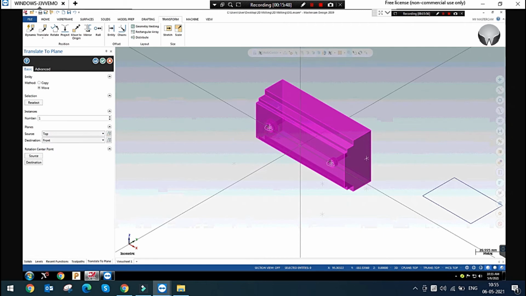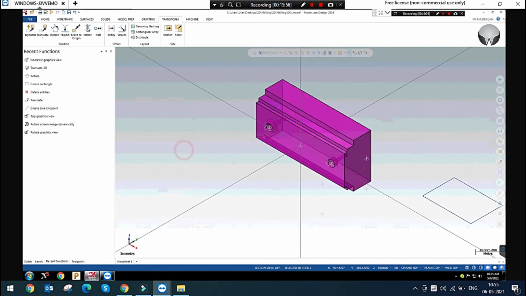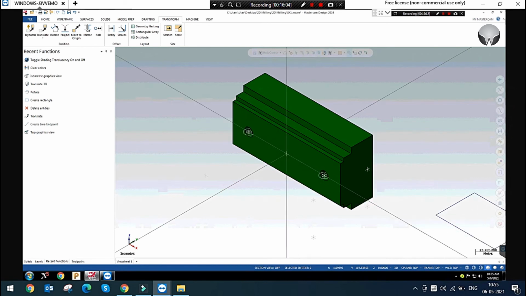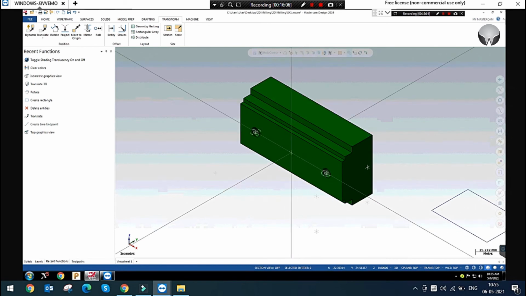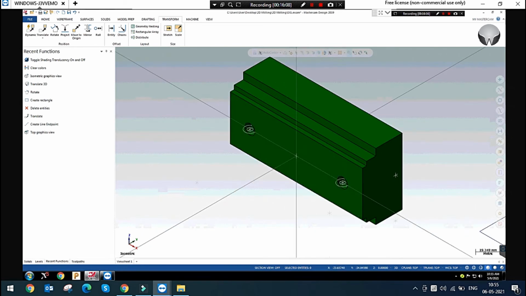You can simply give the front as destination. The front has been moved to the top. Just simply click. You can see. Okay, brother. So this is translate to plane.